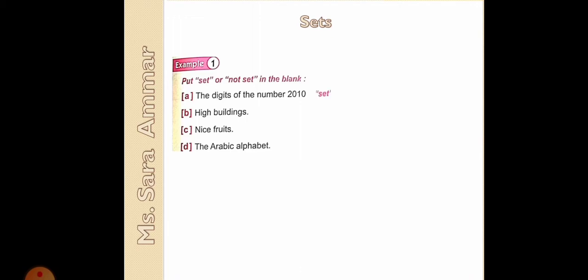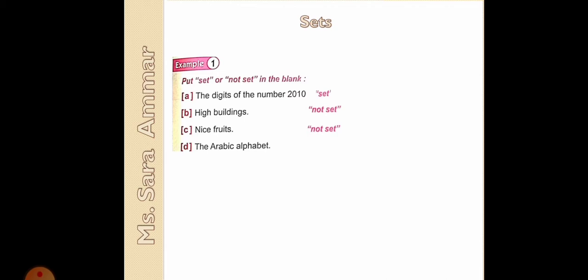Now, high buildings. I can think that a building is high, but you have seen a higher building, so you don't think it's that high. So this depends on an opinion. Anything that depends on an opinion, we cannot consider it to be a set. This is not a set. Anything that has an adjective like high, like tall, like nice fruits. If I like a kind of fruit, but my sister doesn't, this is a matter of opinion. So this is not a set.